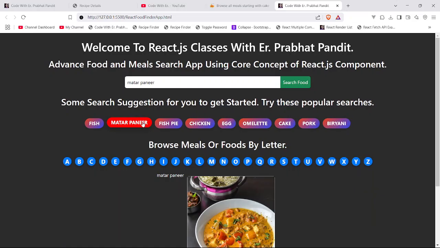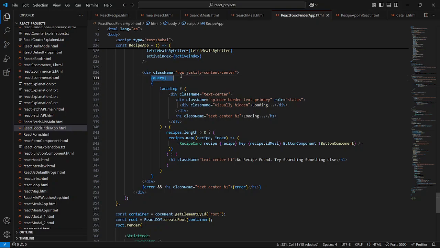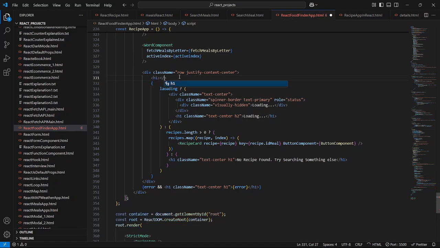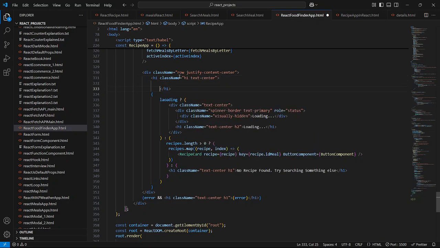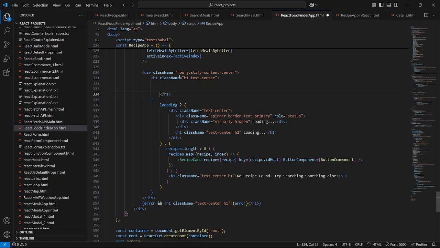So okay, Matar Paneer is here. Now we will just cut this out, and now we are going to define one h1 element. Close this h1 and give the class name also, like this. I'll say h1 text-center, and now we will just use the